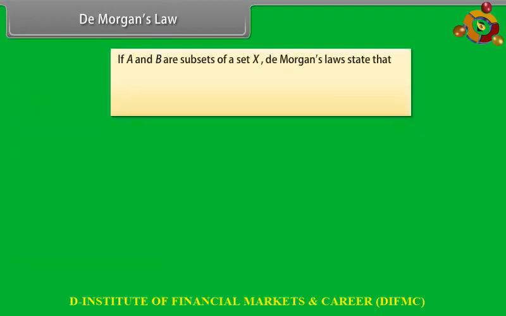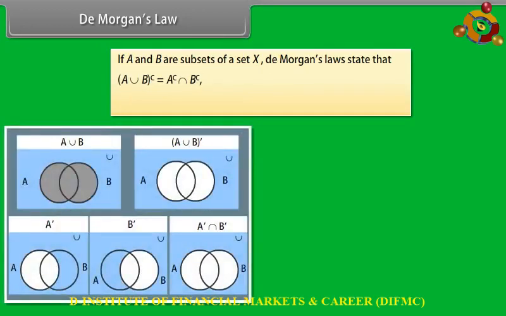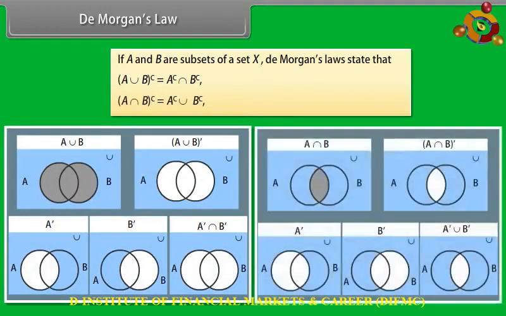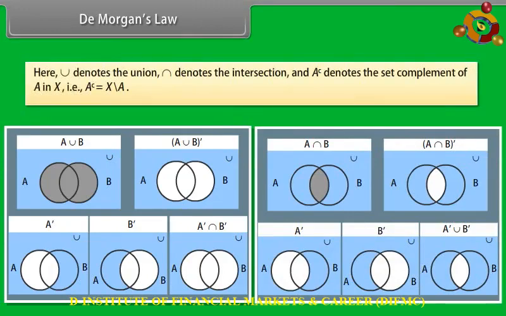If A and B are subsets of a set X, De Morgan's law states that complement of A union B is equal to complement of A intersection complement of B. Complement of A intersection B is equal to complement of A union complement of B. Here, this denotes the union, this denotes the intersection, and this denotes the set complement of A in X, that is,